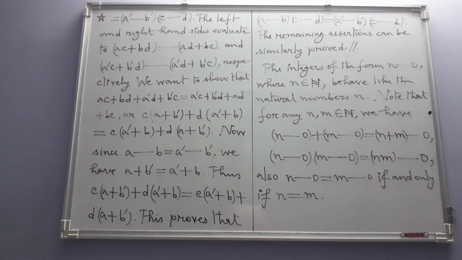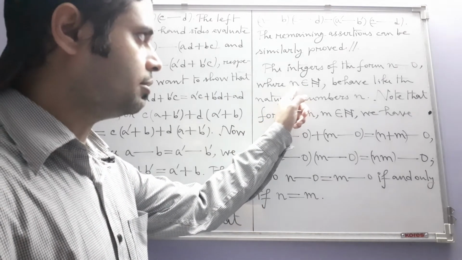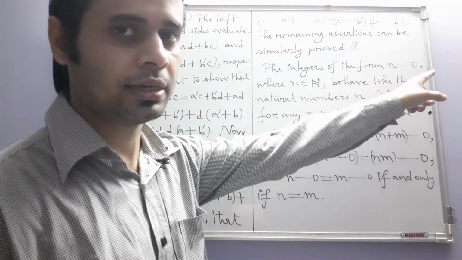So you see that in place of the natural number n, if we think of this integer n dash 0,